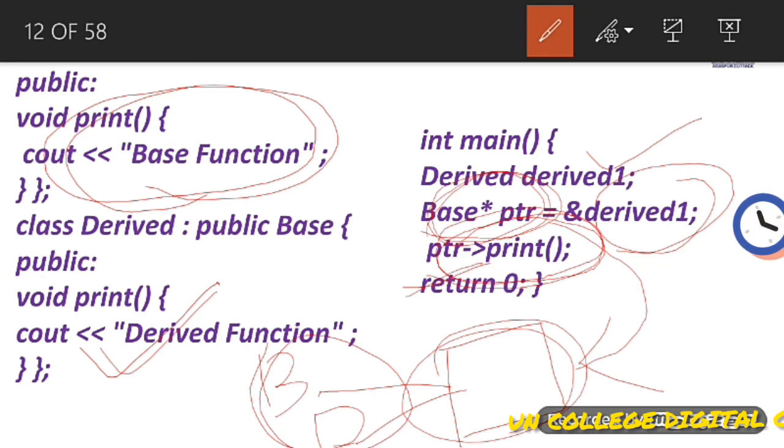Of course, it can refer to the derived class object, no problem, but it will ignore the function with the same name in the derived class. It will refer to the function of the base class, and in this way we will get the output base function. I hope you have got a clear concept on this.